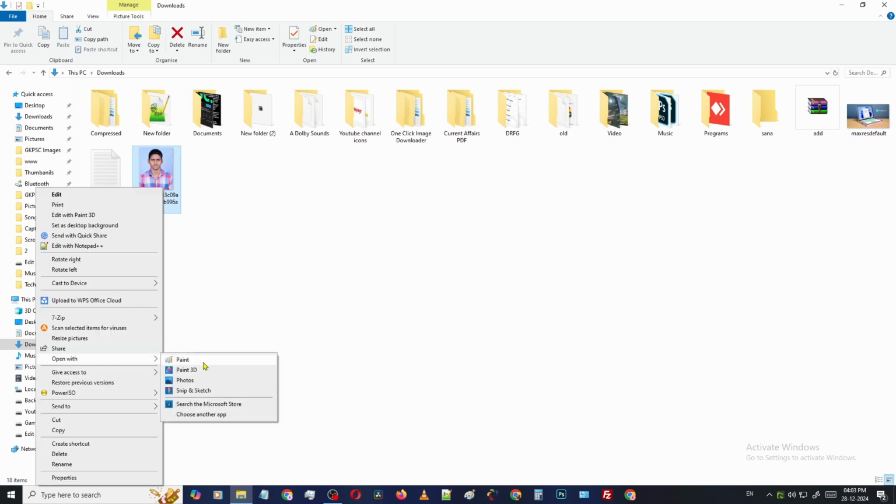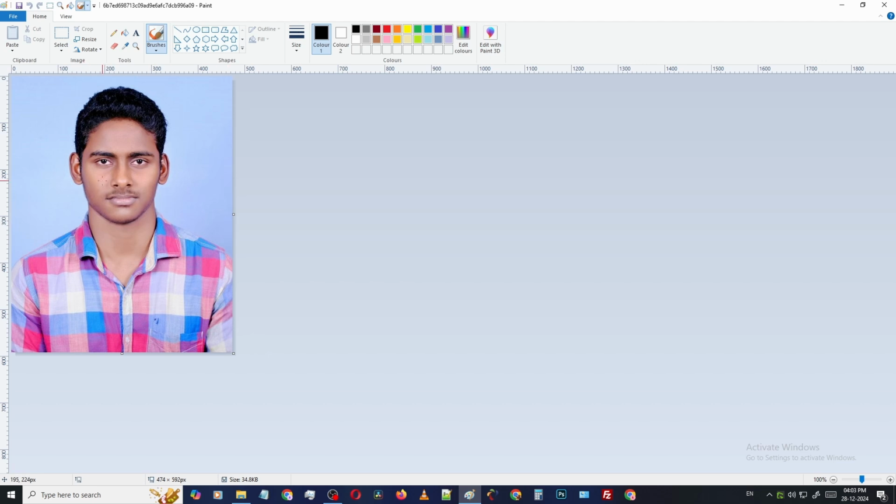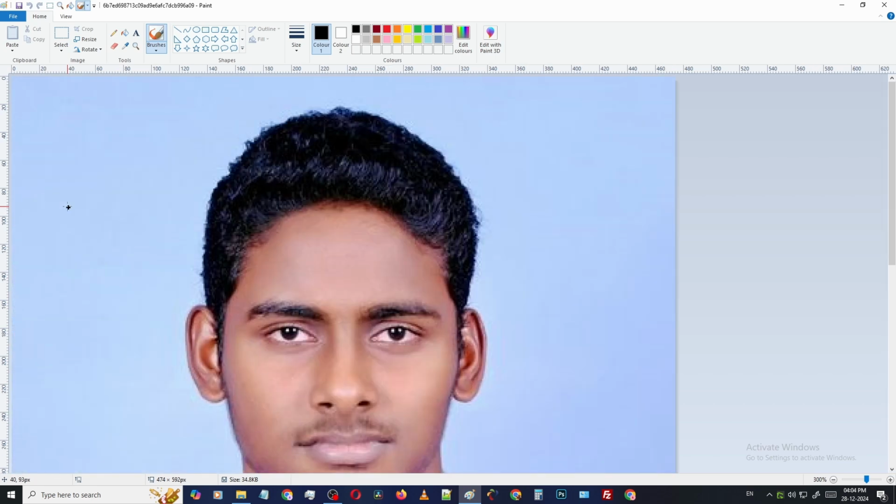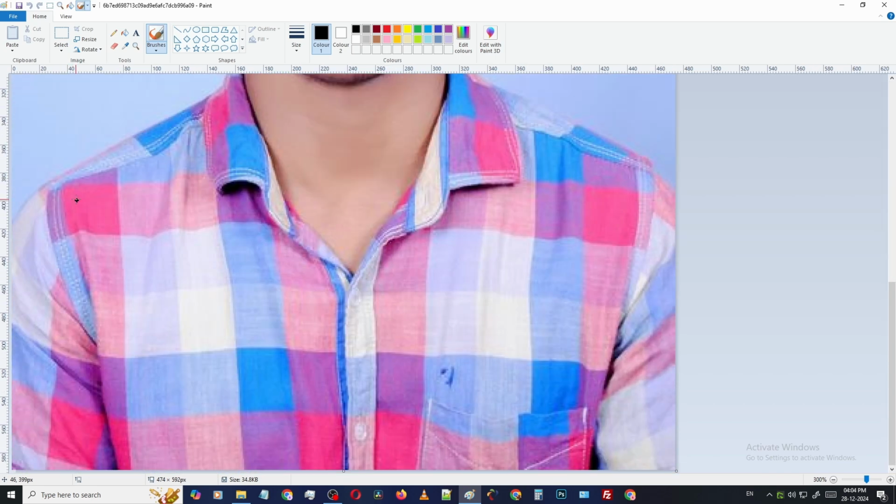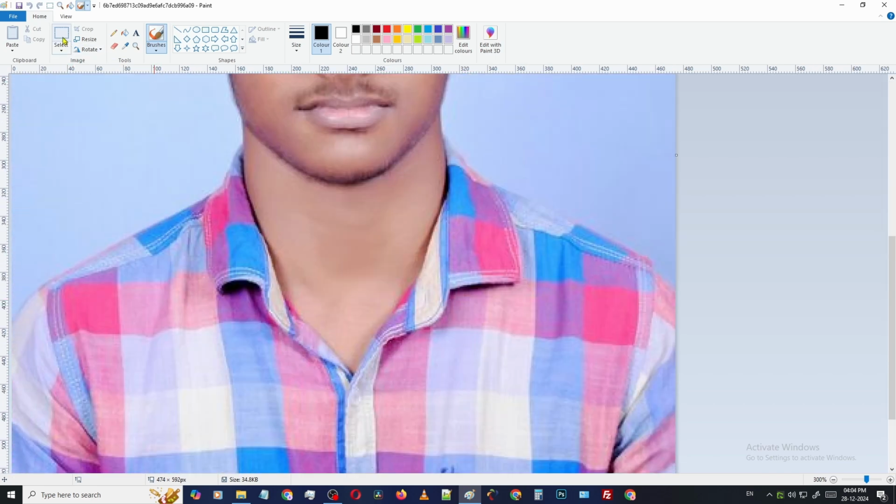select open with Paint. Then we have to delete this background first. So just zoom up your photo and click this free selection tool from here. Select, then select a